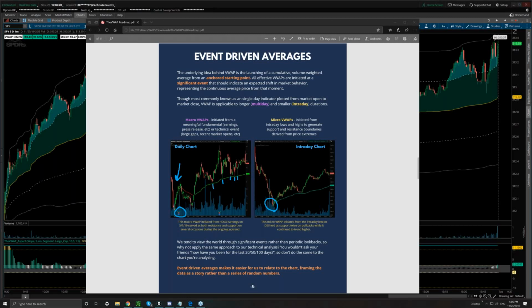Interesting. So this is a comment. He says, notice that anchoring a VWAP at the previous major high before the latest high seems to be more accurate. So it really is idiosyncratic to the chart. That's part of what makes this kind of difficult, is that there is not a guarantee you can simply go launch a VWAP from earnings and that will be applicable, or from a major high. What we're going to look for in evaluating or validating VWAPs is the respect shown to that VWAP and its deviation bands, as well as the quality of the launch point. So depending on how much volume occurs at a major high, the magnitude of price movement off that high.